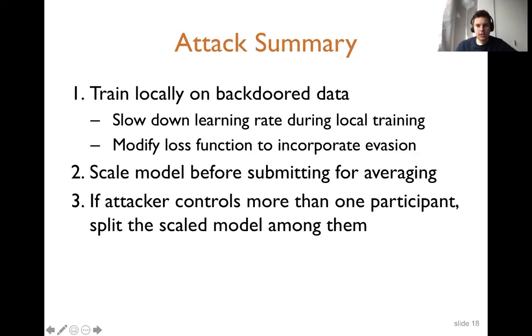So overall, the idea of injecting the backdoor is to train locally on the backdoor data, modify the loss function, and also play a little bit with the learning rate. And it's also important to slow down the learning rate.